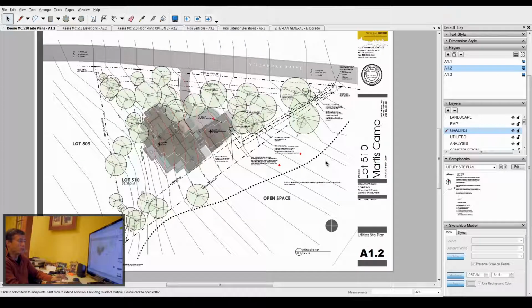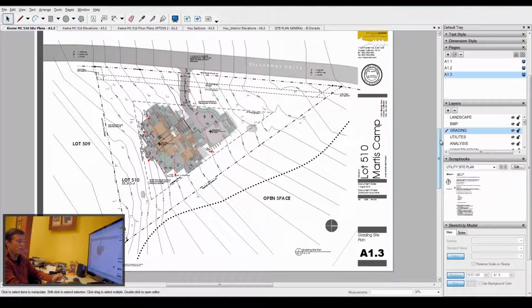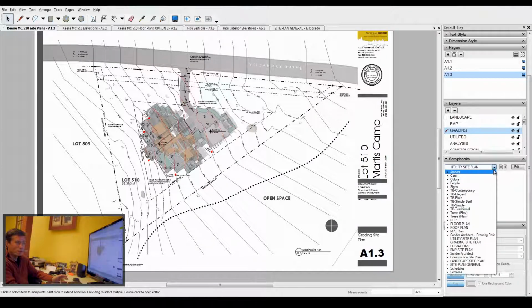There are obviously certain sites where you might have something unique, and then you have to add that note as a specific element to that site, but it gives you at least a base to start with. The next drawing here is a grading site plan, and so again I would go to my grading site plan